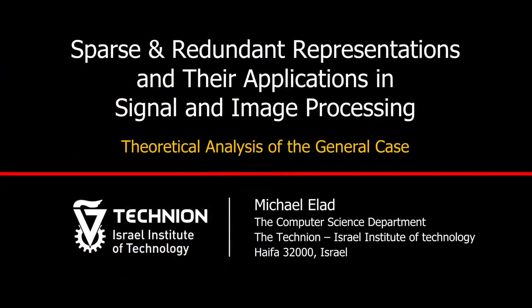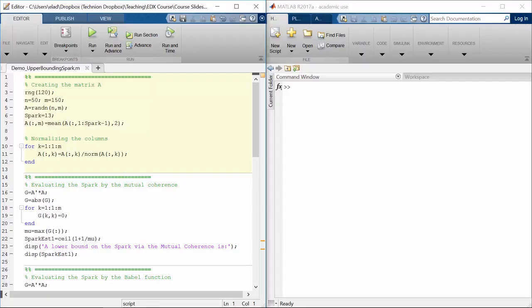In this demo, we would like to present several different ways to evaluate the spark of a given matrix based on the theory we have just covered. This program creates a matrix of size 50 rows by 150 columns by drawing randomly the entries of A from